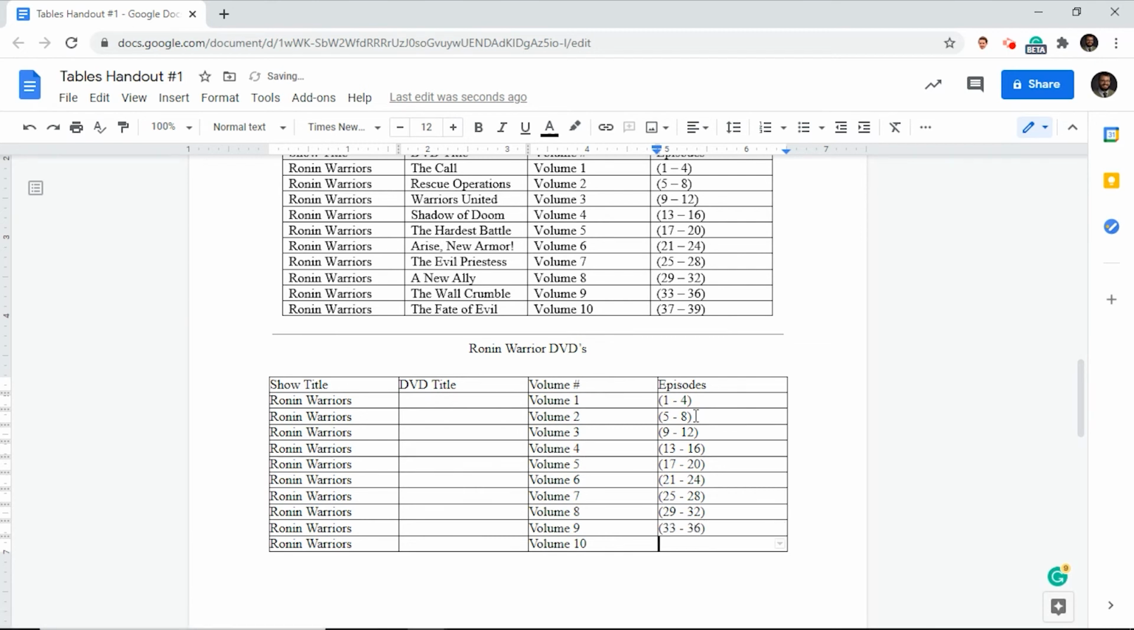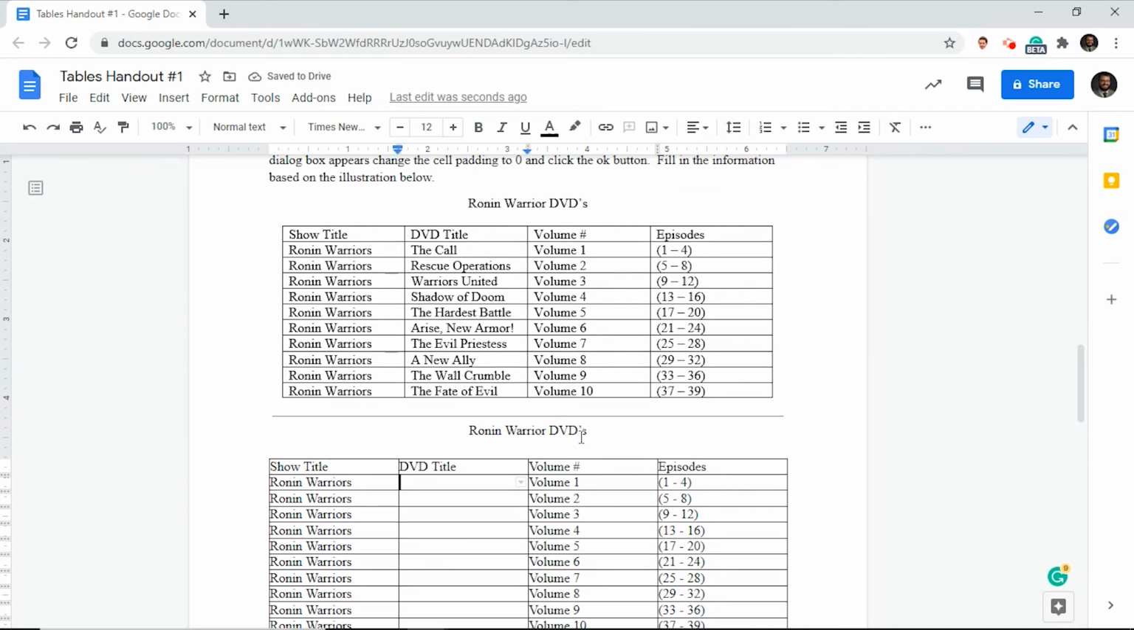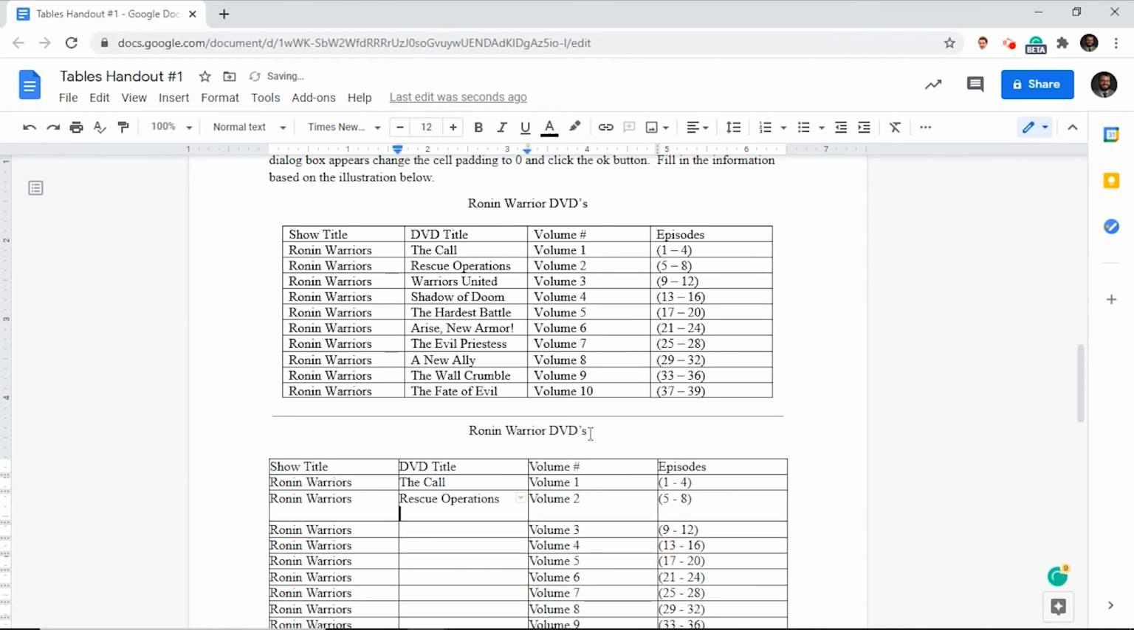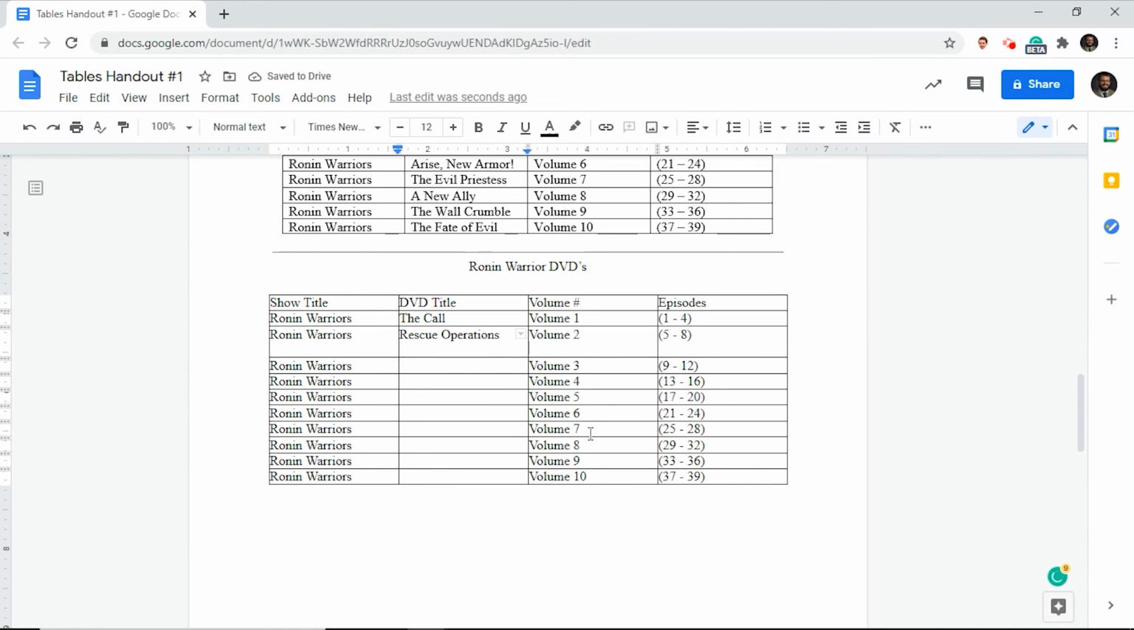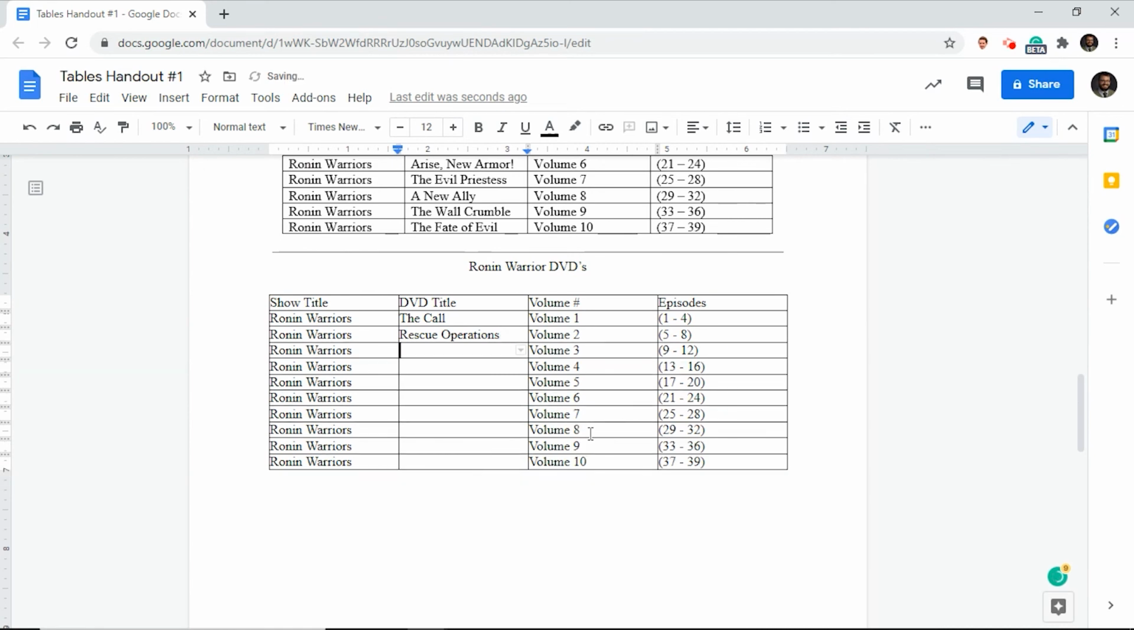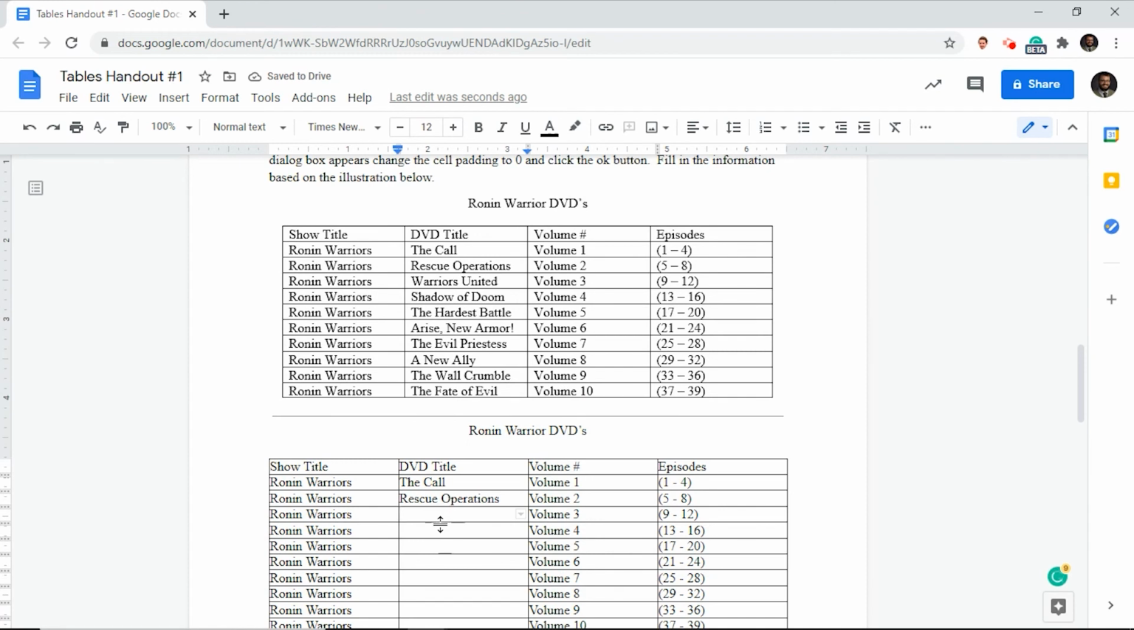You might find it faster to copy and paste that. If you want to copy and paste it, there's nothing wrong with it. So feel free to do it that way. Then when you get to this column, you can just type out the call, hit your down arrow key, rescue operations. Make sure you're hitting your down arrow key because if you hit enter inside of a table, the cells get larger. So you don't want to hit enter. You just want to hit your down arrow key,